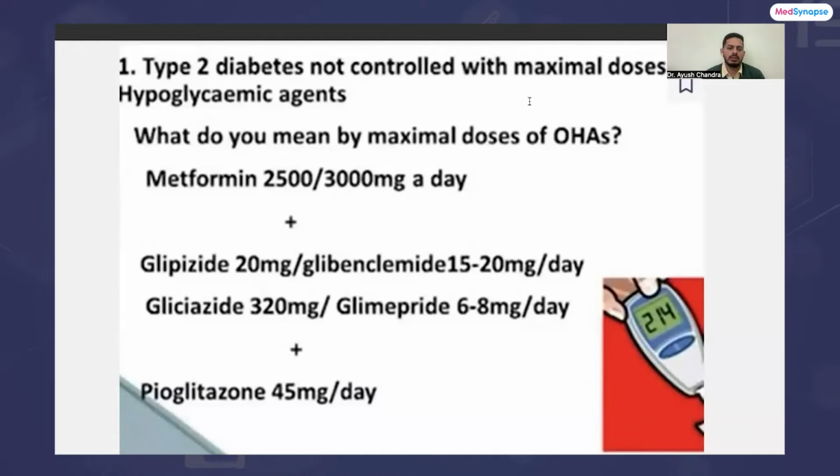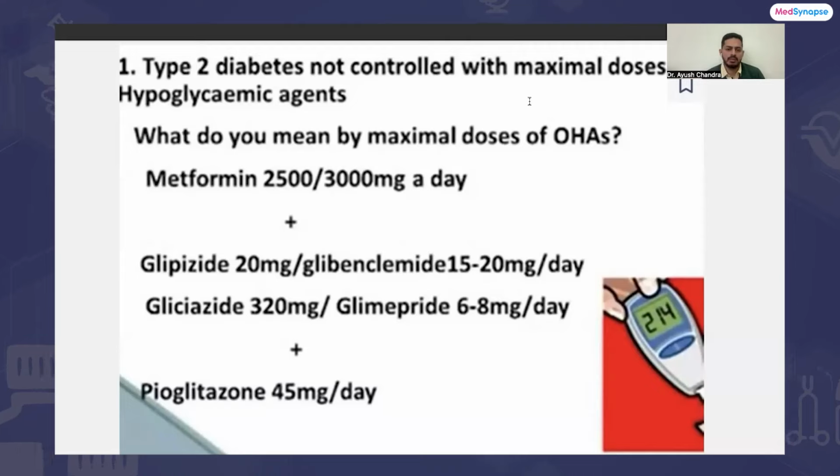Like a patient has been diagnosed, or it's a known case of diabetes for many years, and the physician has started with metformin, maybe 1,000 twice a day. If 2,000 mg a day is not working, then the physician normally adds a second drug. The second drug can be a sulfonylurea. And after 3 months, if HbA1c is not coming down, and the PP and fasting are not coming down,